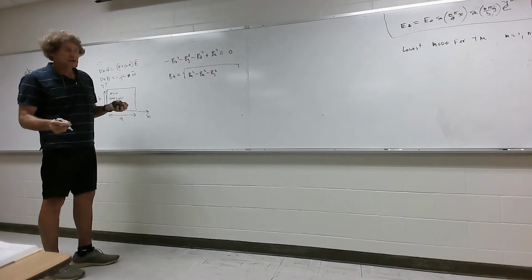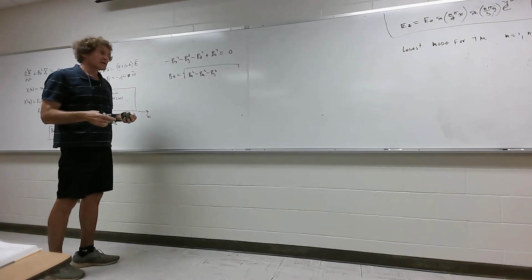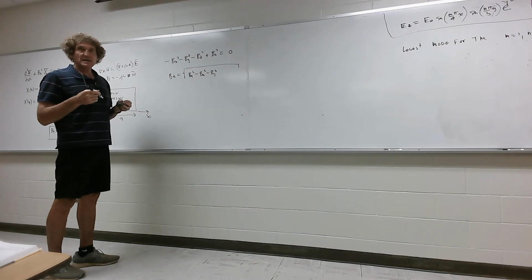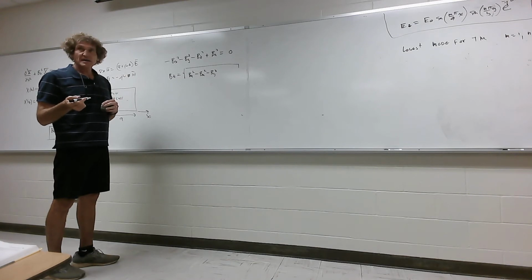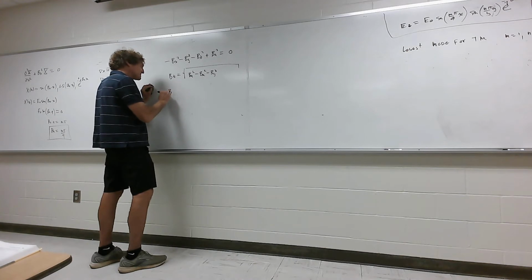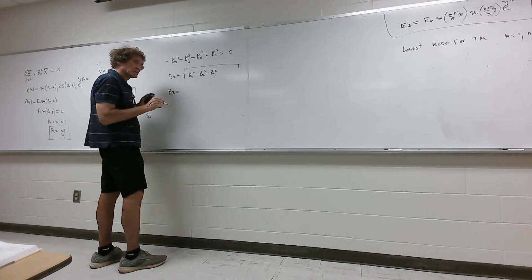Now, beta unguided squared is omega squared mu epsilon. Beta x is m pi over a, we just found it, squared. Beta y is n pi over b. So now I say that beta z is equal to